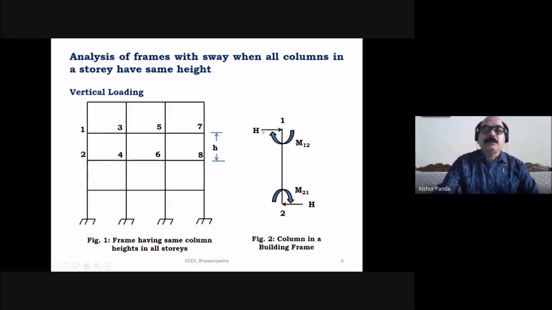This is the horizontal force, and this is the moment M12. The moment acting at the support 1 or joint 1 is M12, and at 2 it is M21. And this is the horizontal force acting at 1 and 2 column in a building frame. So you are considering this 1, 2 vertical member, and at the ends 1 and 2, this is the moment acting, and this is the horizontal force acting. So you have to find out,